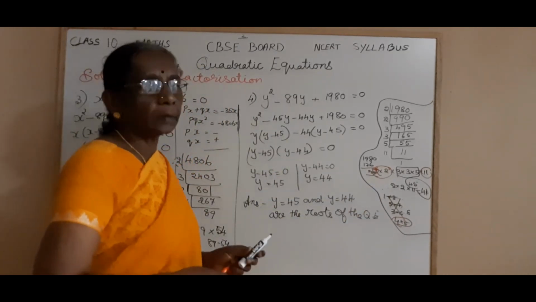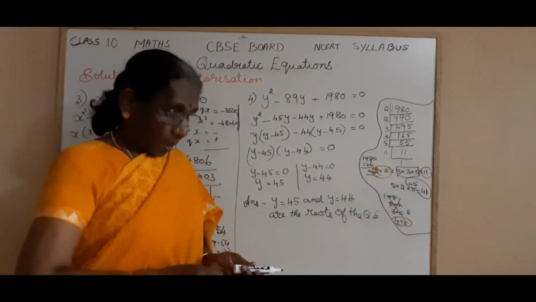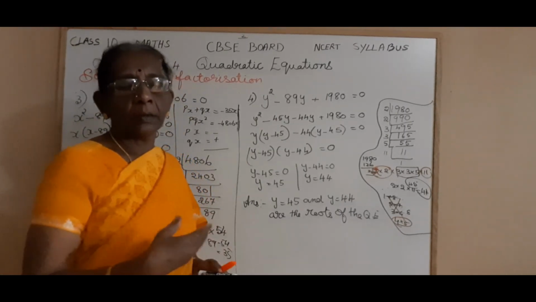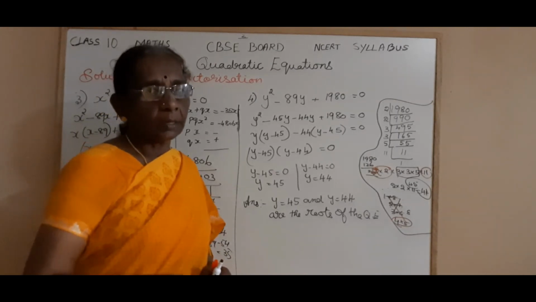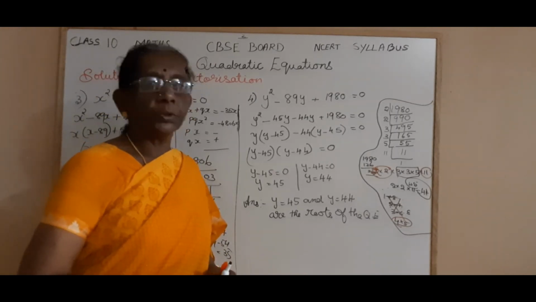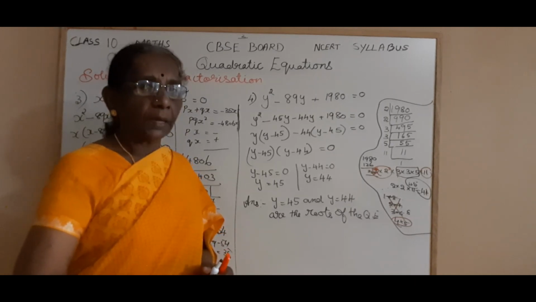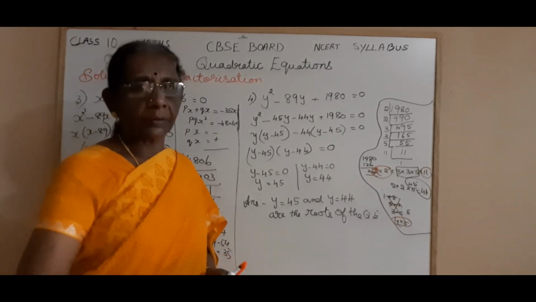Okay, we will do some more sums of the same model, where AC is a 4-digit number or 3-digit number. In the next session, we will complete the solution of a quadratic equation by factorization method. After completing that, we will move to the quadratic formula.